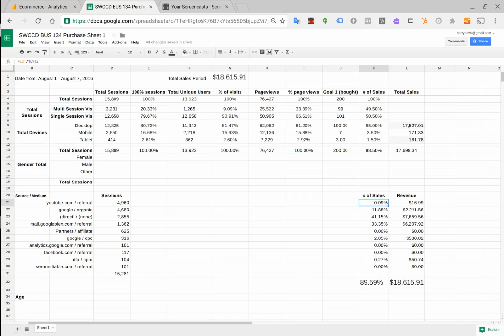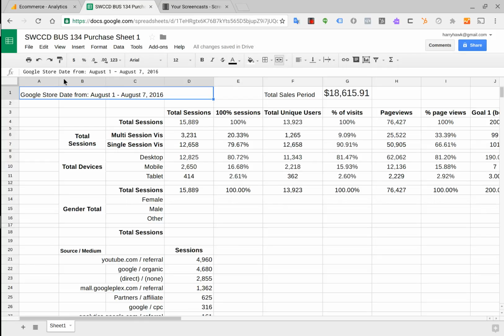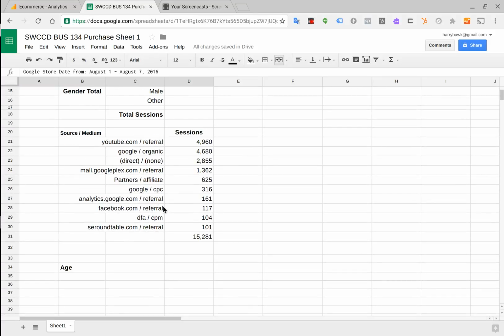here. But it's also worth remembering, again, if we look in the upper left, and I'll zoom in now, that this is only the data from August 1st to August 7th. So if we looked at a different time period, we might see that these numbers have changed. And what we would want to do if we were really trying to figure this out, maybe there'll be a test on this, but if we took data from a whole year and did these same sorts of calculations, we might have a better view. Or if we looked at a holiday period, say the last 3 months of the year,